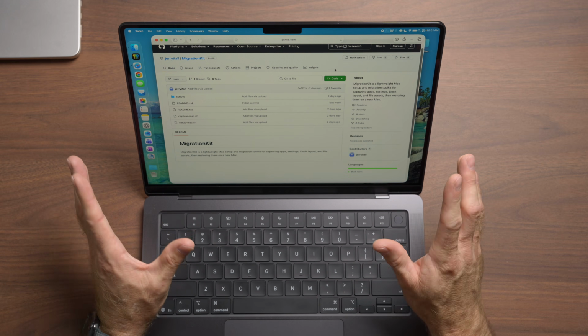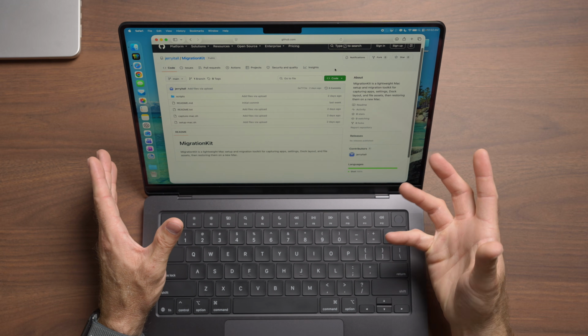So in this video, I'm going to show you where you can find my migration toolkit, what it does, how to use it, and how you can customize it for what you need for your Mac setups. So let's get started. So the very first thing that we need to do is actually download the migration kit